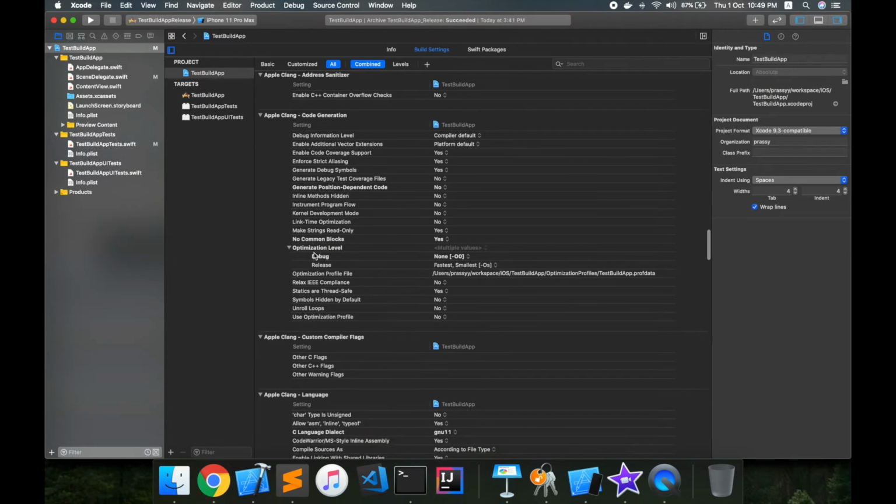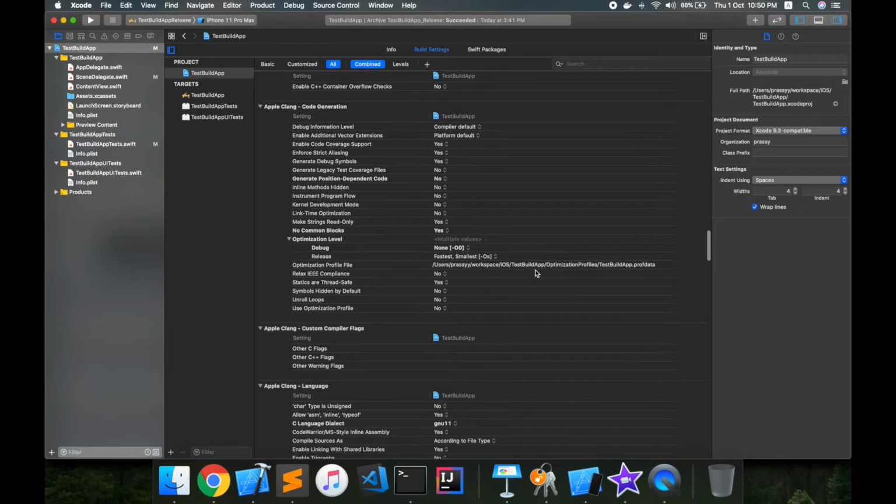Another important difference is the optimization level, wherein the debug build is not optimized because it is going to contain more information, allowing us to debug whenever we encounter any issue with the app, while the release build need not contain any additional information, so release is optimized to be the fastest and the smallest. Which makes sense, because since it does not contain all these additional overheads that the debug builds have, release builds can be fastest and smallest.